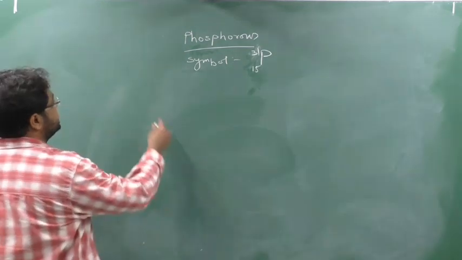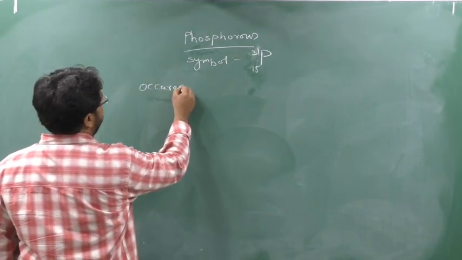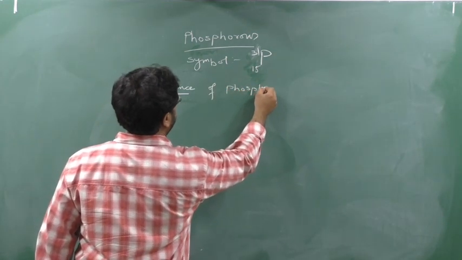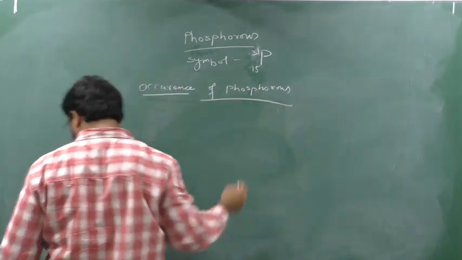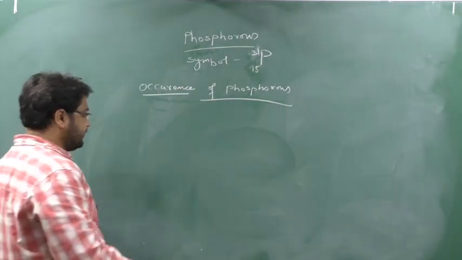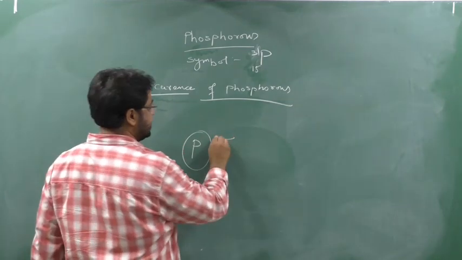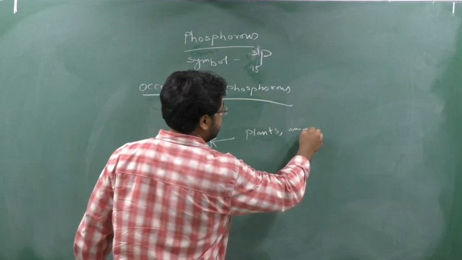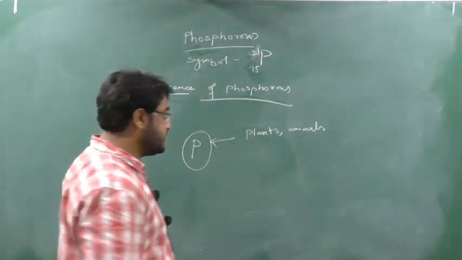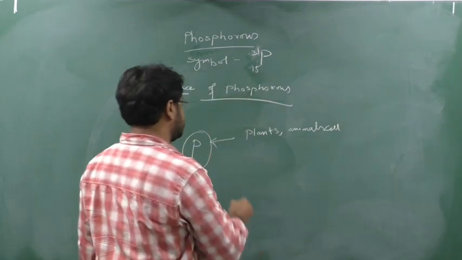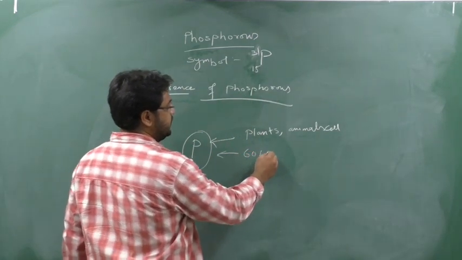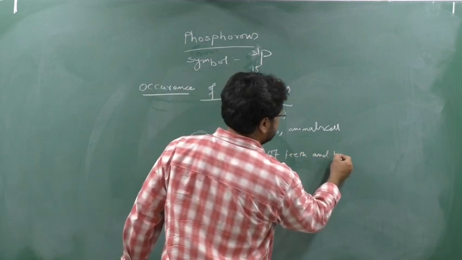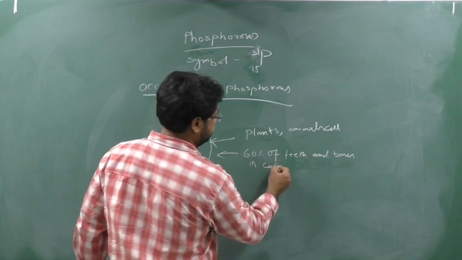Now we will see the occurrence. First we will see that phosphorus is present in plants. It is present in animals. Yes or no? Clear? It is present in plants. It is also present in the animal cell. Then next, it is present in 60% of teeth and bones, in the form of calcium